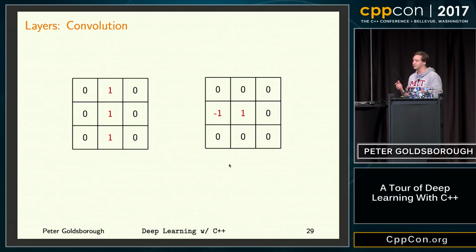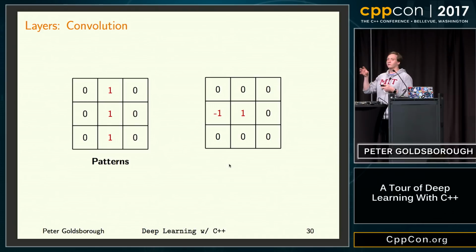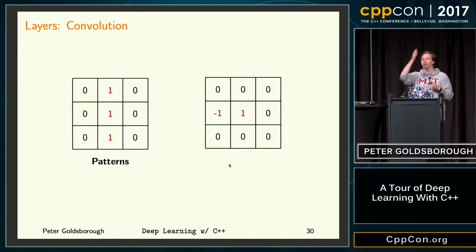Now, I want to give you a slight intuition about what these kernels actually do and why they're able to pick up very important information about images. So on the left, you have a kernel that would represent very simply a pattern. So you can imagine if you have a grayscale image and you slide this kernel across the image, at any point where you have a vertical line with high pixel intensity, the output of this weighted sum would be high. So you could say that the kernel activates at this point. Whereas in other parts of the image where you don't have such a vertical pattern, you would get a low value. On the right is a different kind of kernel.